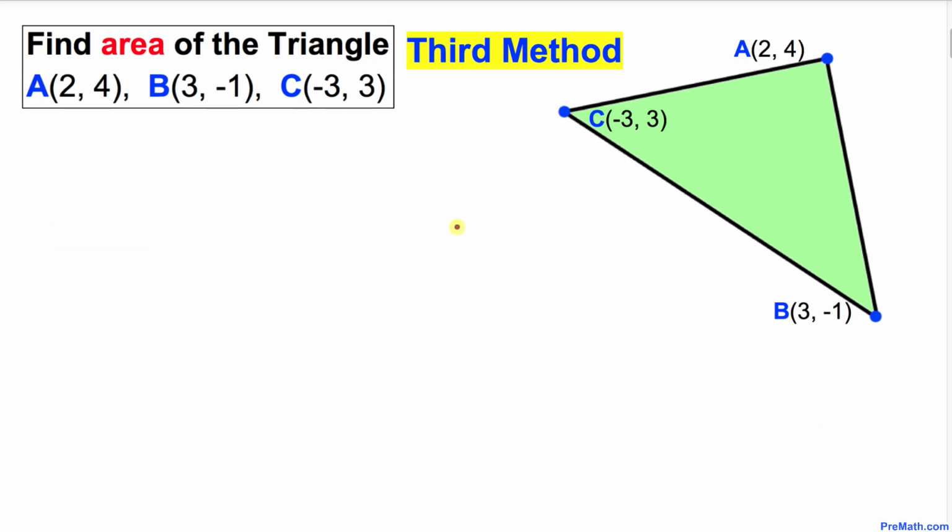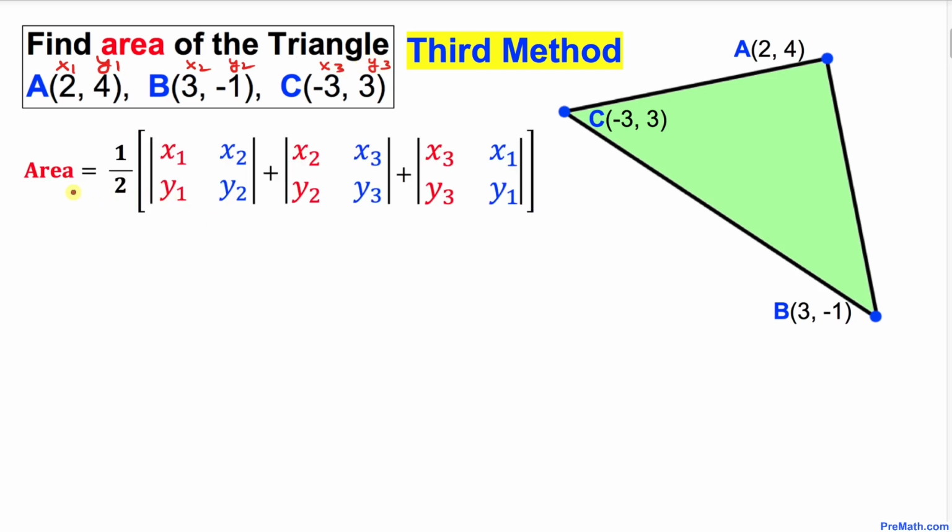And now let me show you the third method to find the area of this triangle. We have these vertices A, B, and C. Let me call this vertex A as x1, y1, vertex B as x2, y2, and this vertex C as x3, y3. And here's our area of a triangle formula, a half times these determinants. As you can see, 3 of them, 2 by 2. And by the way, once again, these boxes are called determinants.